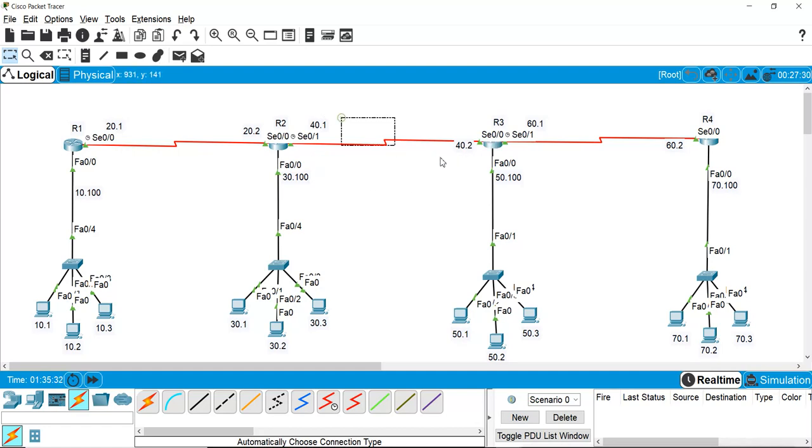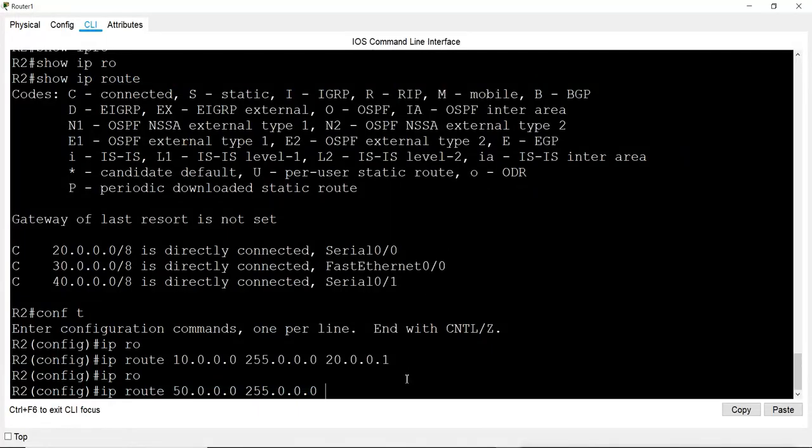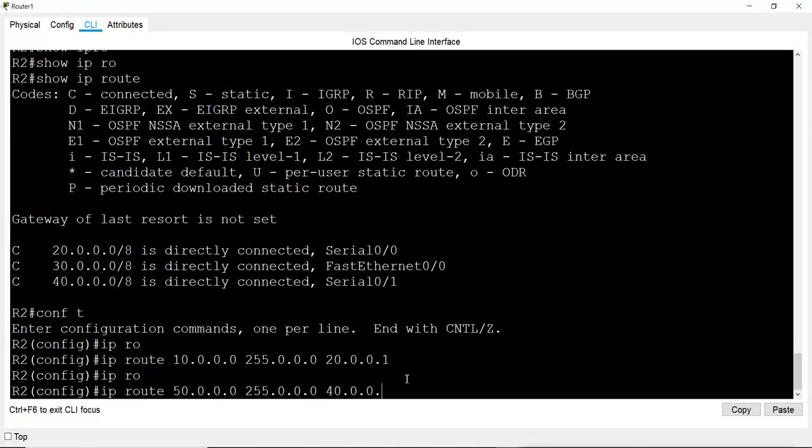The first router you will meet will be router 3, and the first interface you will meet is this serial 0/0, and the IP of that interface is 40.0.0.2. So our first hop address will be 40.0.0.2.